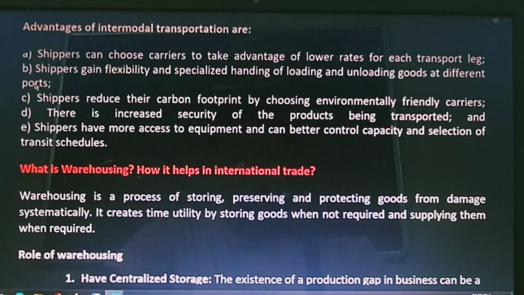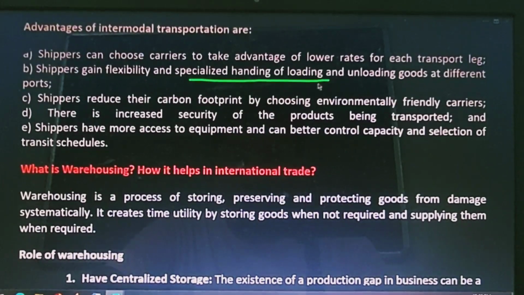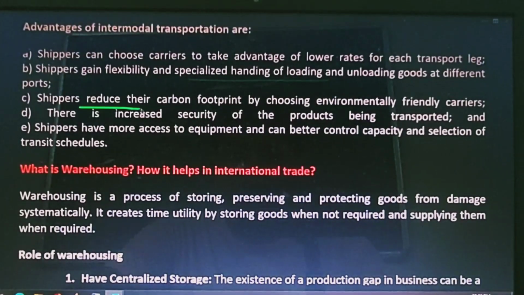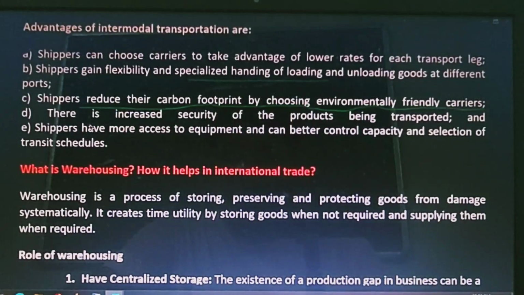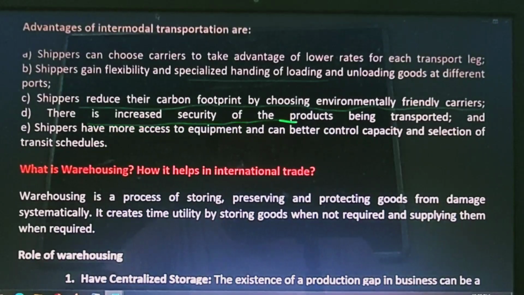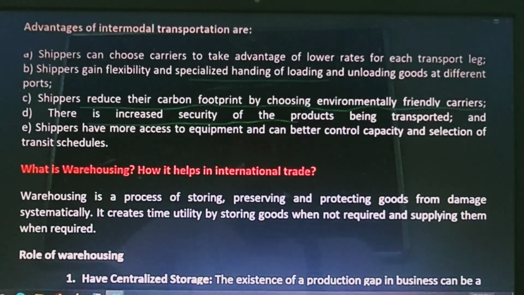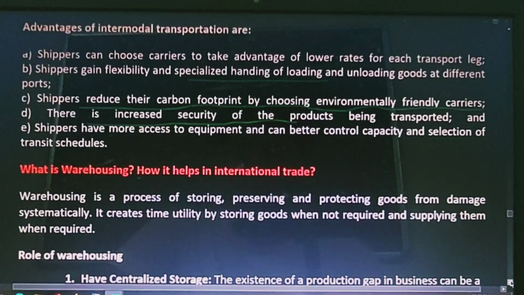Shippers gain flexibility and specialized handling of the cargoes. Then shippers can reduce their carbon footprint by choosing environmentally friendly carriers, and there is an increased security of the product. That means, intermodal में basically, the responsibility is given to different